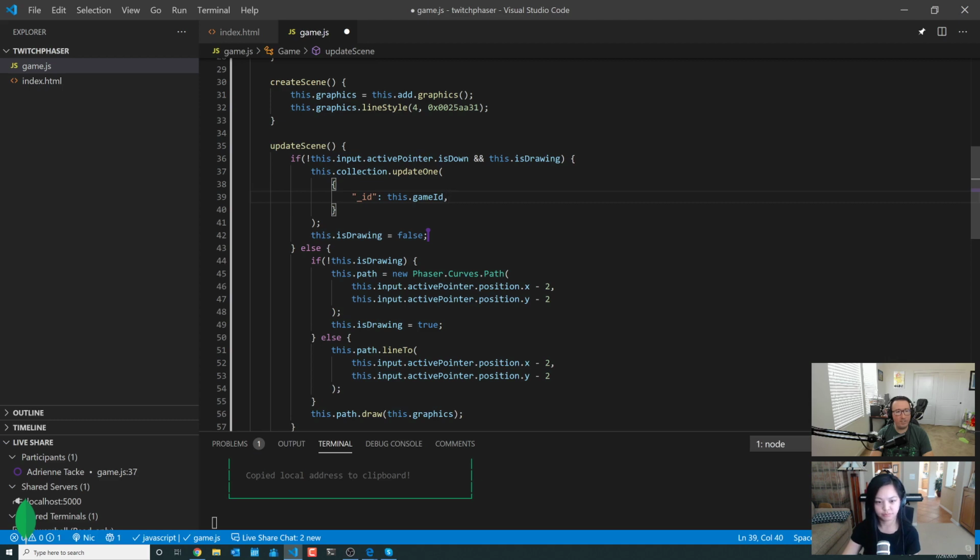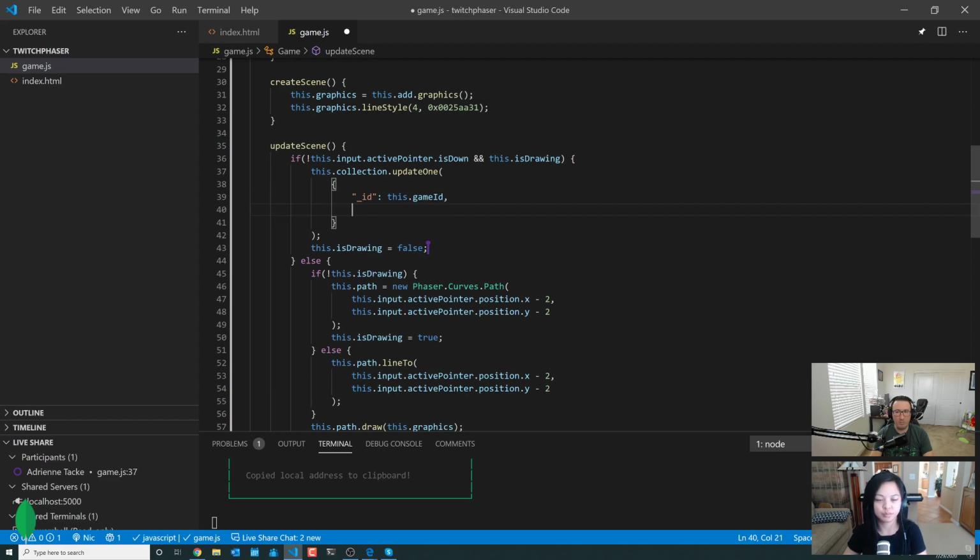That in theory should work, but I think we want to do one better to maybe try to prevent errors. If I'm a guest and I'm trying to draw and this update statement happens, it's going to find that game ID. I don't want to try to insert or update if I'm not the owner, and I don't want it to throw a bunch of errors at me. So maybe I also do a match for the owner ID where I'm the owner of it. Something like owner ID, maybe this.auth ID, because that's me and I'm not necessarily the owner. Did that make sense?